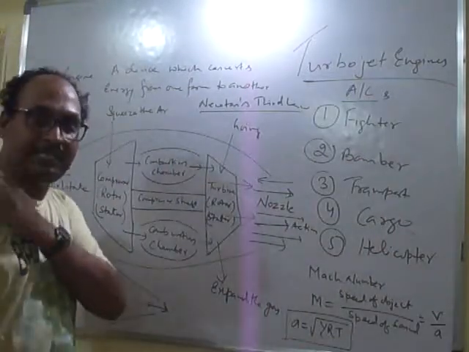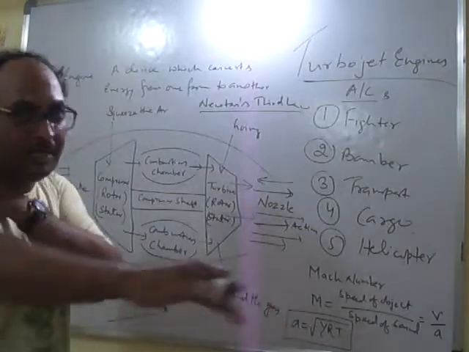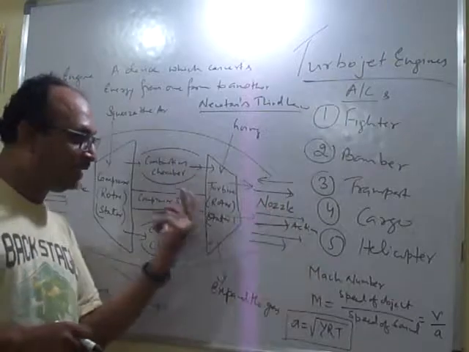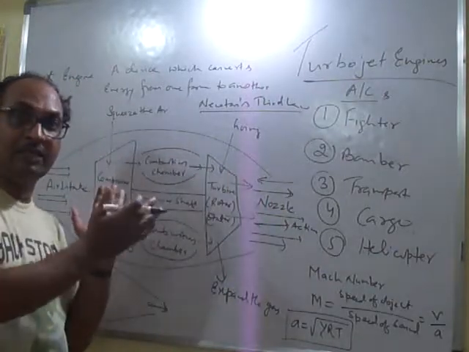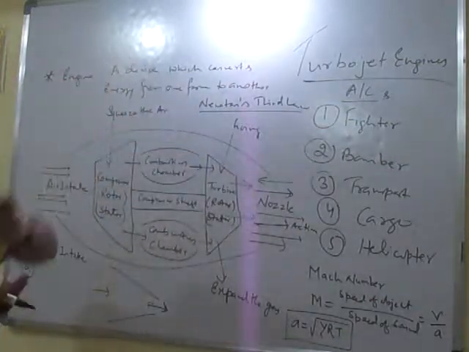Okay, so that is there, as our hand is attached with our body. If somebody is pulling our hand, our body also will be pulled together. So that is the reason here: this engine, which is fitted on an aircraft structure, moves forward, so the aircraft also moves forward. That is Newton's third law.